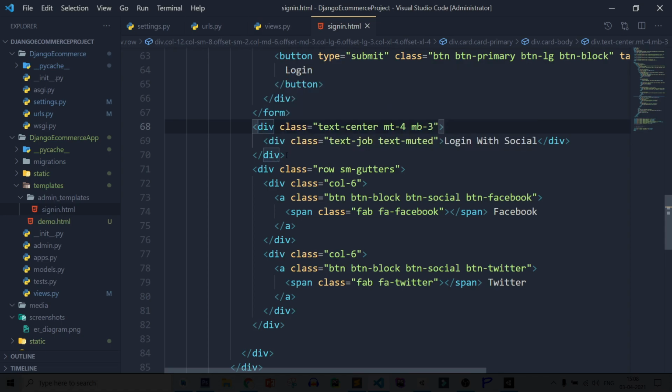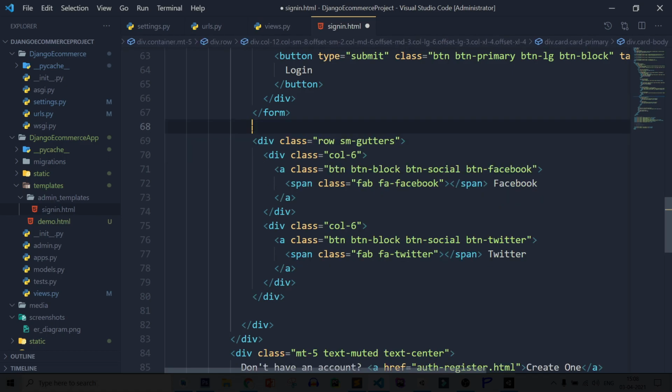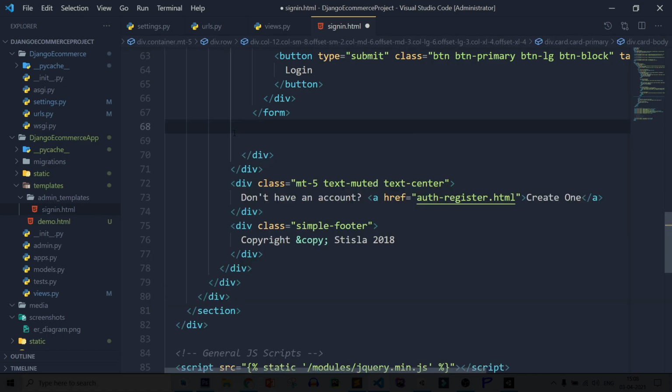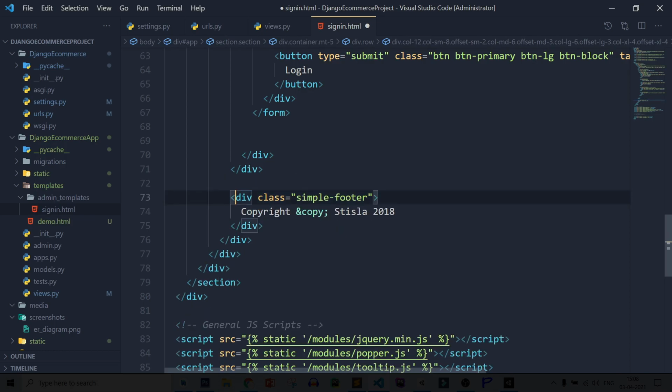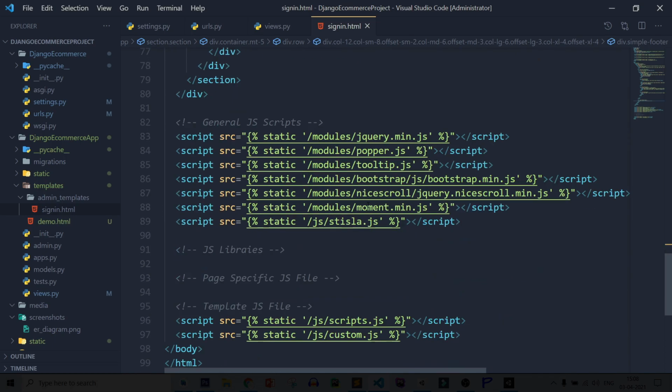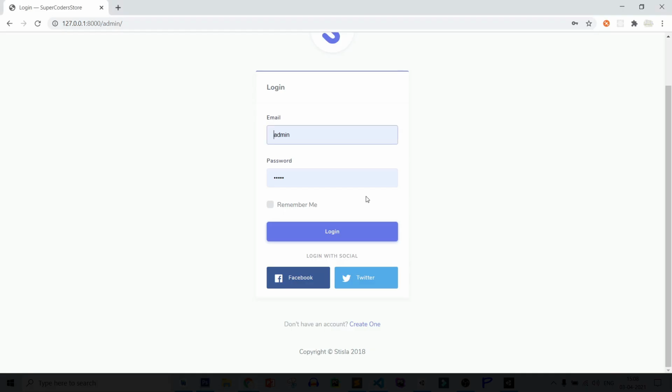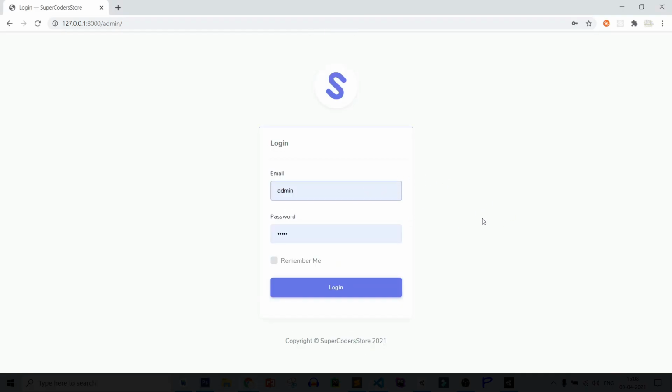So let's remove it. Let's remove this also. Also remove this because I'm not going to sign up for admin. Copyright super coders store 2021. Save it, back to Chrome, refresh page.